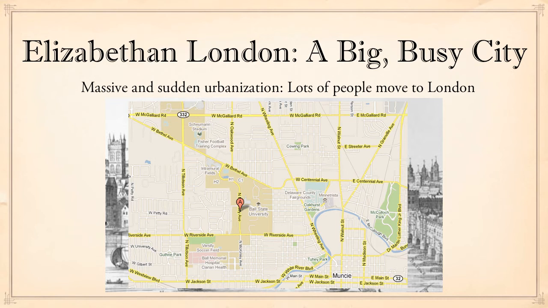If this was London, we would have between 100 and 200,000 people. So the next time you walk around this area, imagine for every person you see, instead there are 2 or 4 people. That is an incredibly busy, densely packed city. There are a lot of people. They are close to one another. They're living in some pretty awful living conditions in a variety of different ways. Remember, guys, this is before the era of sewers, as one of many modern indoor conveniences that don't even remotely exist in Elizabethan London. It's crowded, it's busy, but